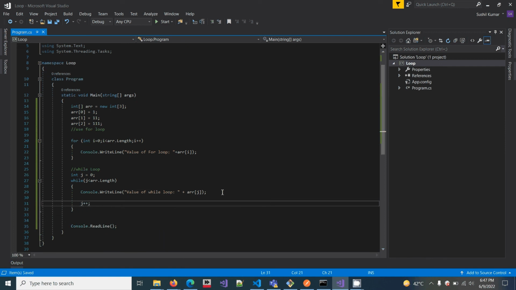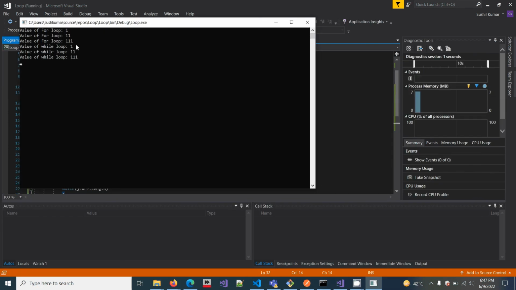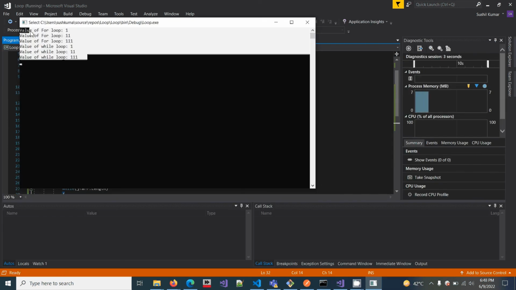That's it. So the main difference is that in the for loop you can initialize your variable in the loop, while in the while loop you initialize the variable outside the loop. First initialize, then check the condition, execute your body, then increment. Now start. What is the output? It is the same output for both for and while loop.